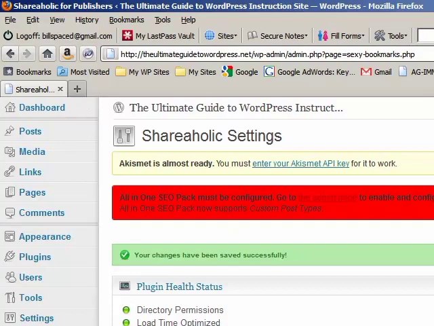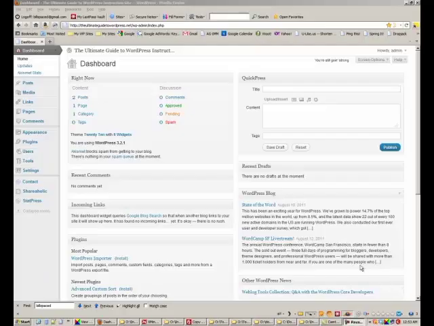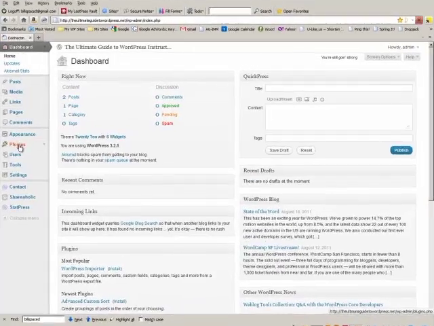All right, we'll move on to the next video. Okay, next up we're going to talk about making a sitemap using a plugin. And we're also going to show you how to get a Yahoo application ID, which is important for getting this sitemap up on Yahoo. So let's go to plugins